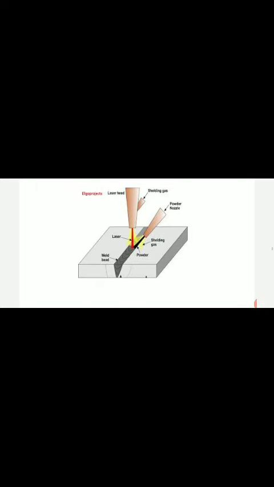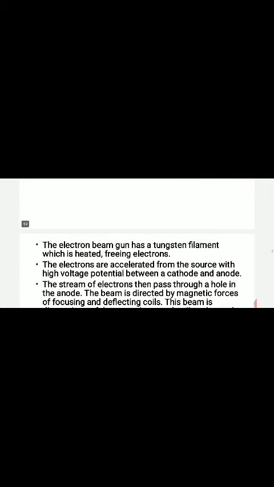The principle of electron beam welding is shown here. Then coming to the electron beam welding arrangement, it is clearly shown here. Look at the picture. There is a cathode, anode, focusing coil, deflection coil, workpiece, and a surrounding vacuum chamber. All this is clearly shown in the figure. All these are very important to understand the welding process.